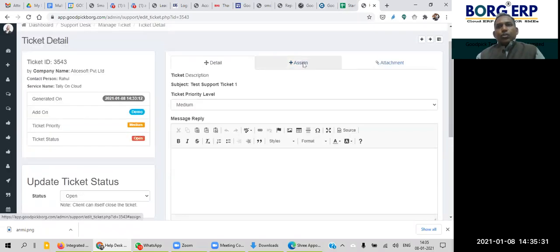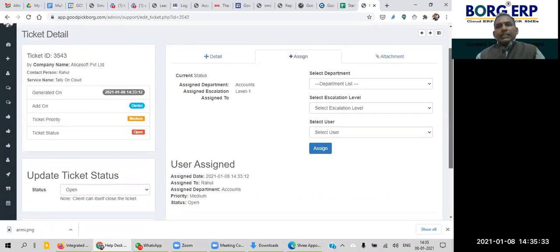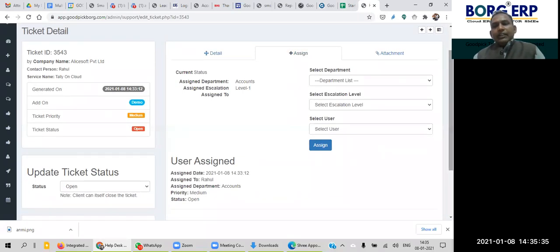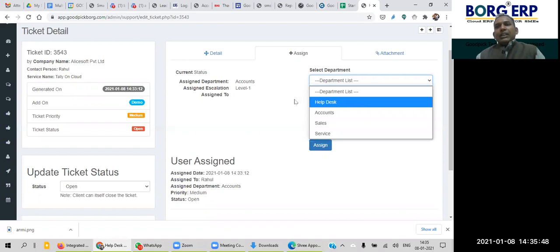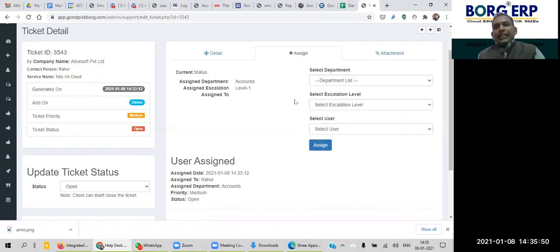Now go to assign. For example, we opened a ticket for the account department, but that issue may or may not belong to that department, so we can change the department also. First, we have to understand the escalation matrix.